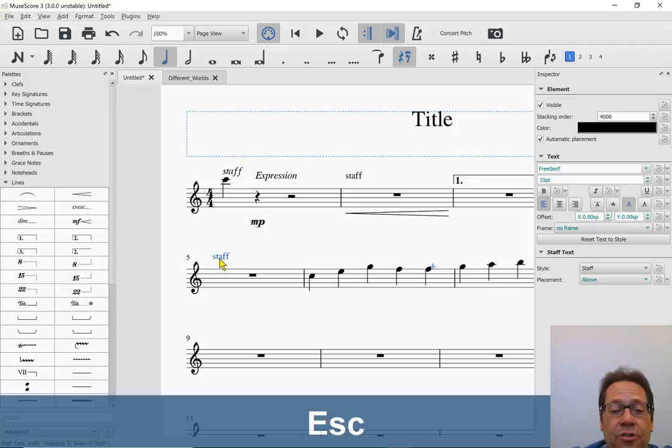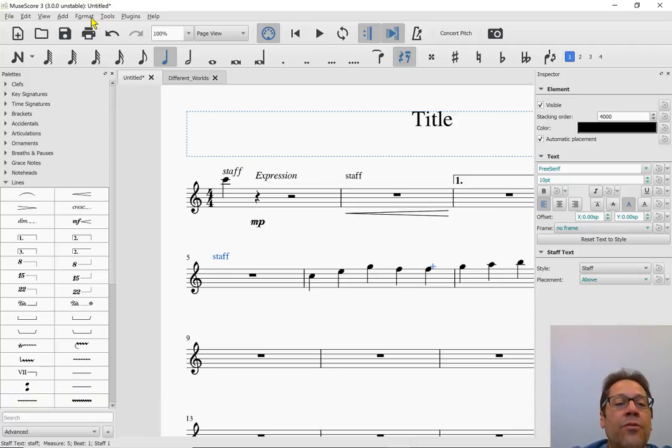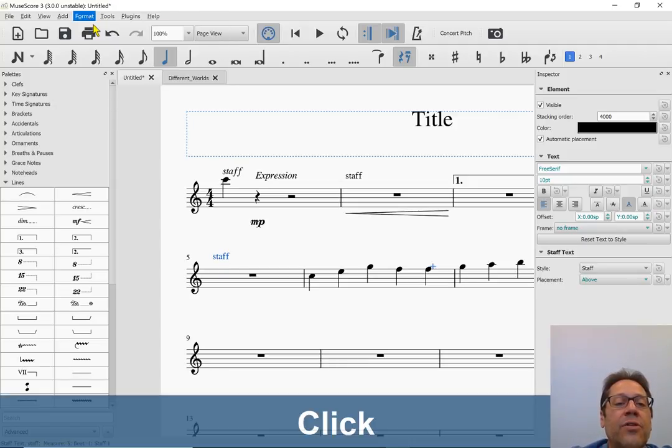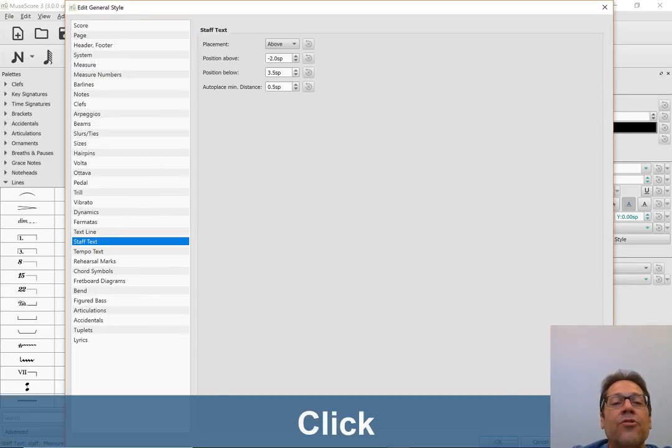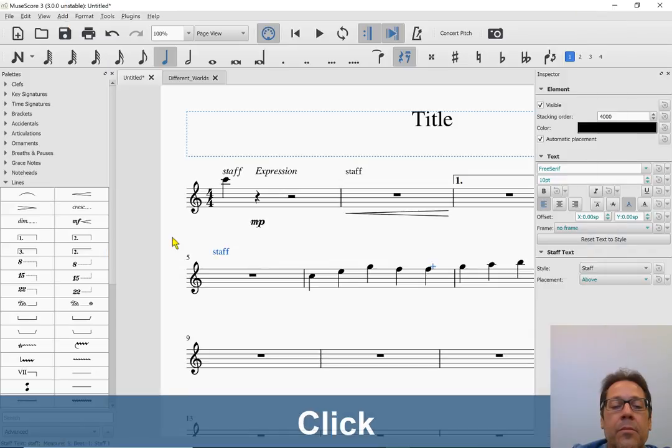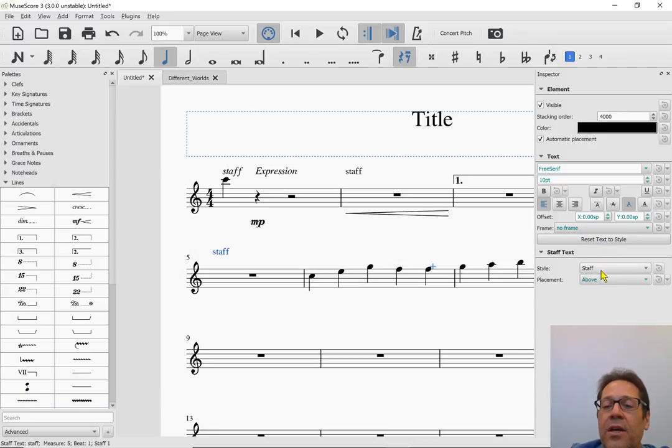So the position of those was, again, under Format, Style, Staff Text. And here's where I can change the default position for things. I could make it be higher above the staff. There, now it's higher above. There's before, there's now. But as far as changing the actual font and all, what if I wanted it to